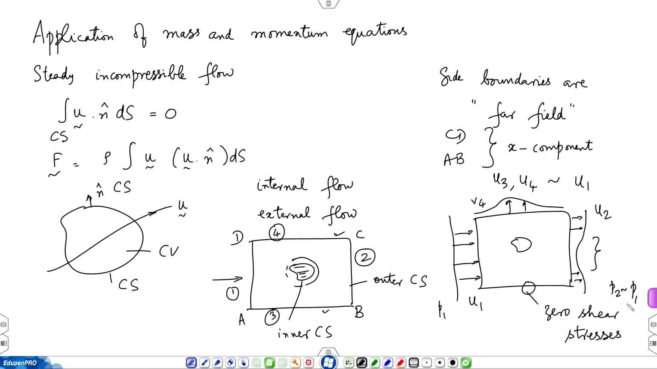But if you choose the surface to be far away from the object, then the far field condition makes shear stresses 0 on the side walls and the pressure drop in the flow direction nearly 0. Therefore, all the external force will be equal to the force acting on the control surface enclosing the object. So, just to rewrite the result we got last time,